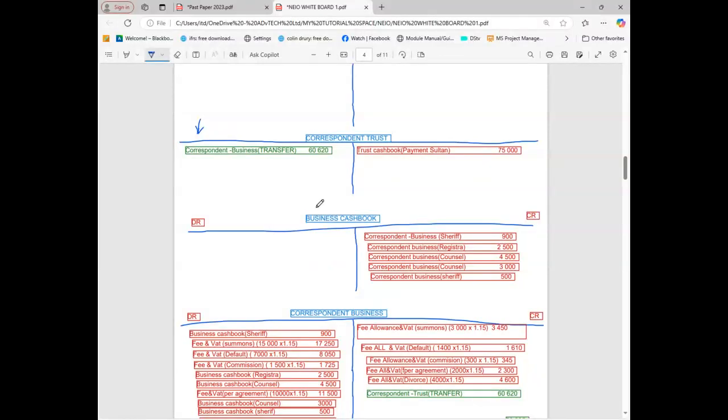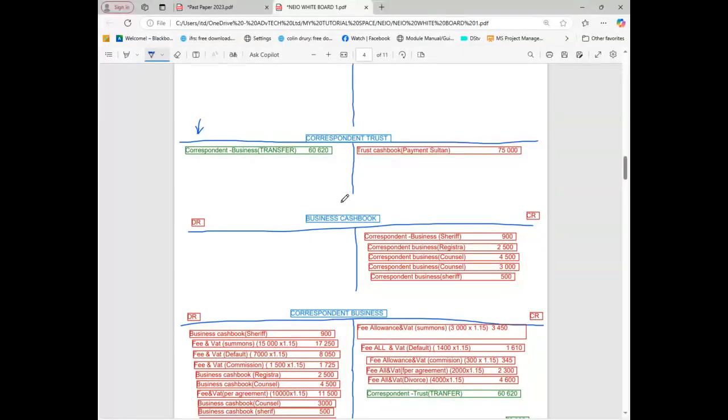Yes. And again, whatever is in the trust must be in the cash book. That's why when you receive money from your client, you put it in the trust cash book. You also put it in the client's money, which is that trust account. You cannot affect the trust cash book and not affect the client's trust. You must always do that.